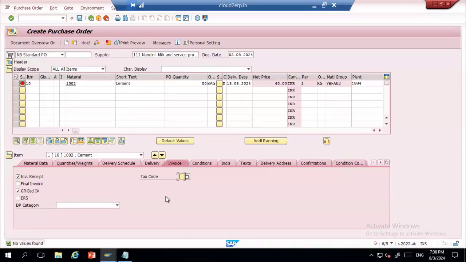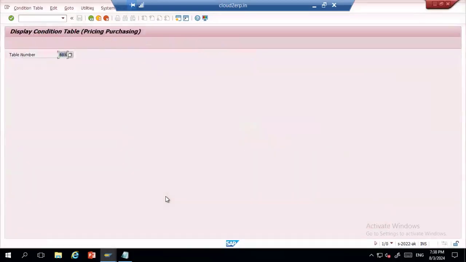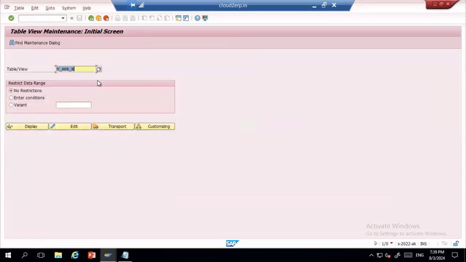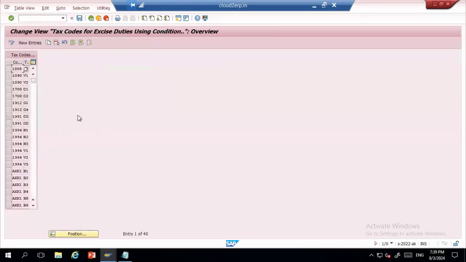So let me go to the config. Let me check. We created the tax percentage. Let me see if we assigned it for the company code through table level. J_1IOND. So here we have these entries: B1, B2, B3.